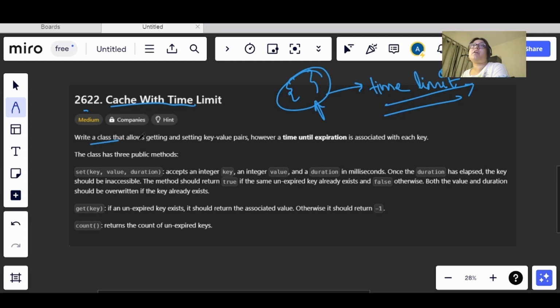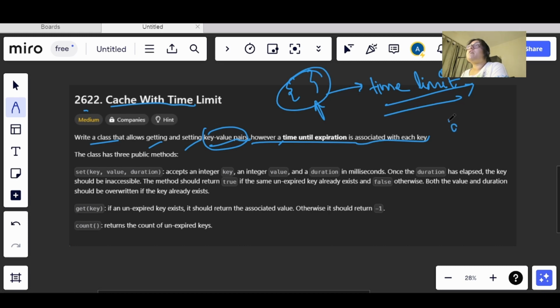So here we have a class, okay, and in this class we have the functions or the methods which allow us to get and set the key value pairs, okay, and this key value pair however is valid only for some time. After that it will expire. So this has been told here that a time until expiration is associated with each key, okay.